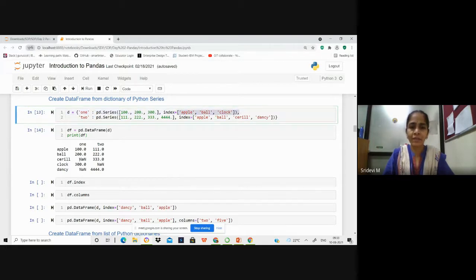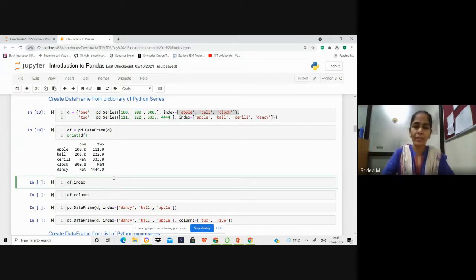It has a corresponding value in dictionary 2 under column 2, that is why we are taking 333, but it doesn't have any value under column 1. That is why it is taken as not a number, NaN value. In the same way for Dancy, you don't have a corresponding value under column 1, so it is taken as not a number. And clock doesn't have any value under column 2, so that is also taken as not a number.